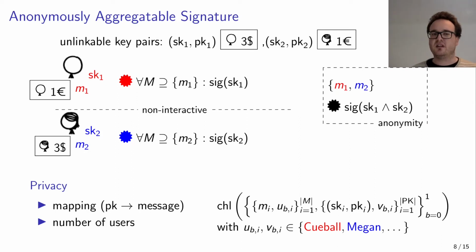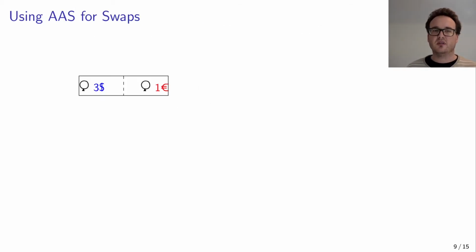And this works by, so the privacy game for that, the formal one, is that the challenger distributes message and key pairs to individuals and then challenges them to differentiate how the signature was created. So how is this useful to build a swap transaction, or an atomic swap transaction? It is that we have again this,